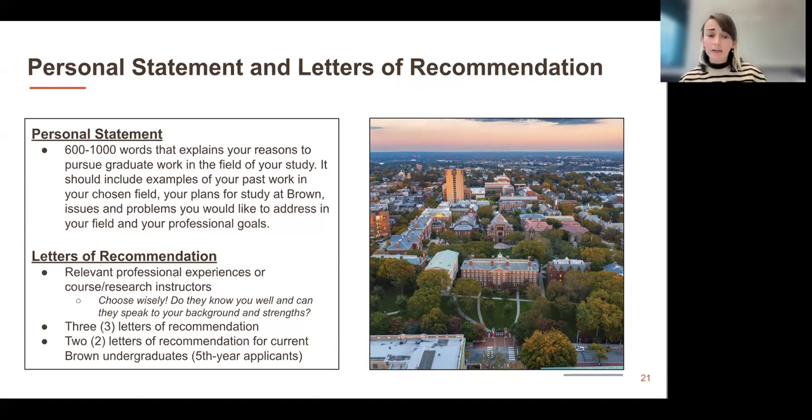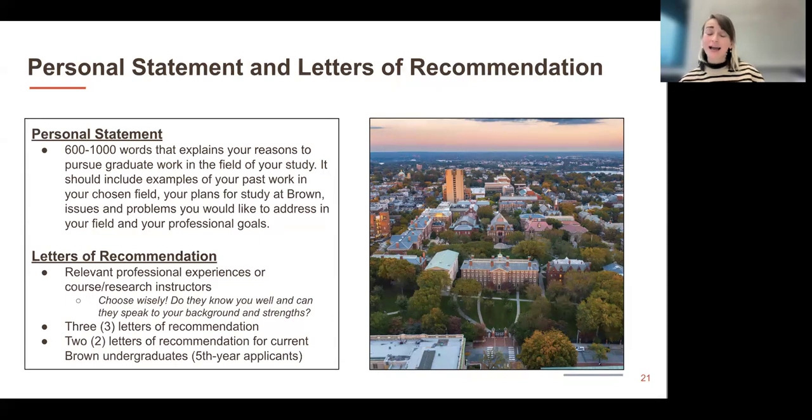So I would recommend reading the application really from start to finish and identifying those areas where you can add in context if you think that it would help your application. Obviously, without any sort of notice of why there's a gap in your resume or why there are maybe some lower grades at the beginning of your academic career, it would help the admissions committee to have that context, to also look at the trending of your academic record as you were closer to graduating. With that said, obviously there's not a perfect applicant, there's not a perfect application.